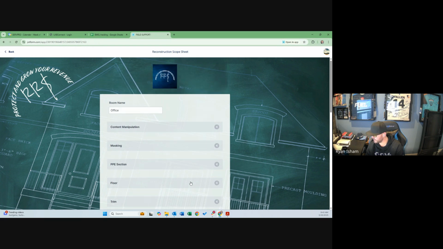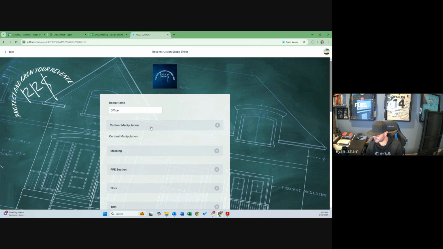Now, again, I want to go a little bit quickly here because we only have 30 minutes, and I want to show you guys the PDF version as well. So I'm going to skip some of this stuff, but just to show you,